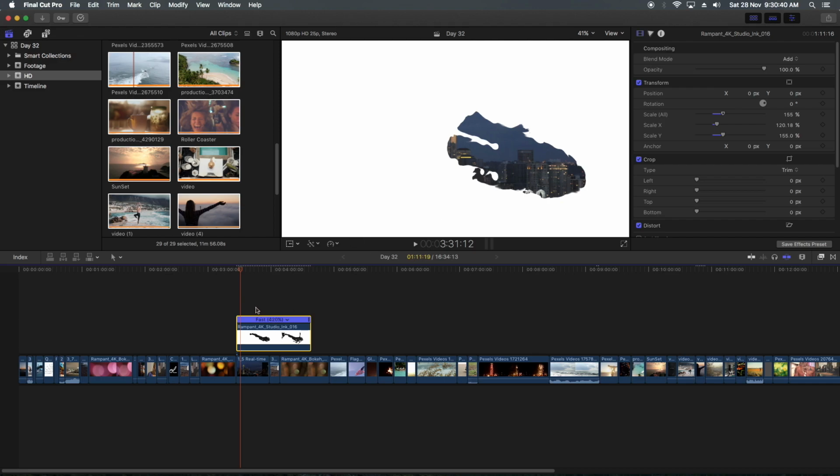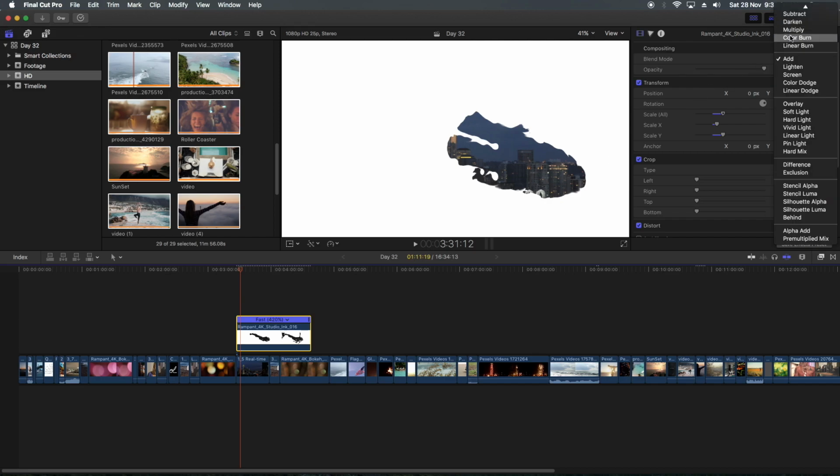But I also want to remove this white. I want to remove this white and I want to use this ink bleed. So is there any blending mode? We don't know yet whether there is or not, because we know that